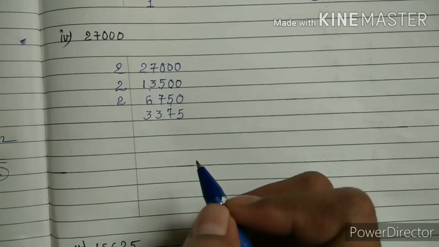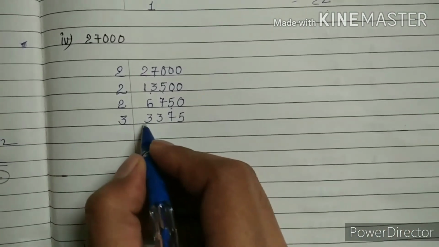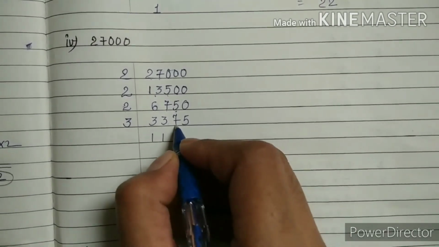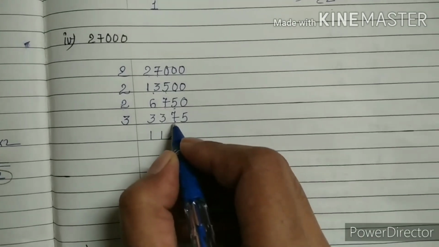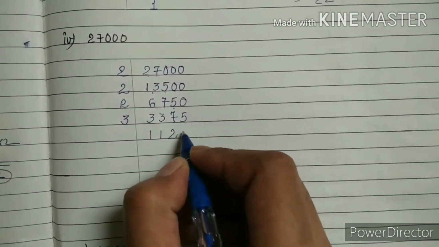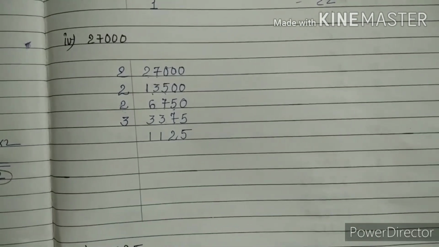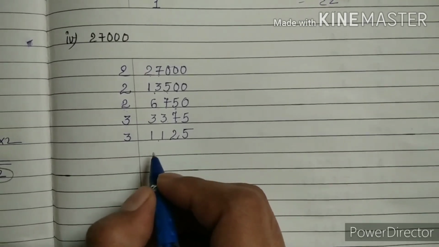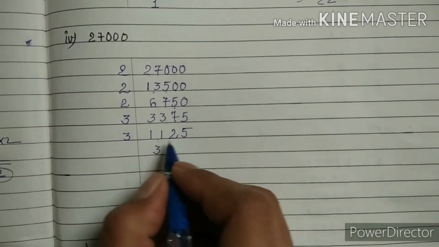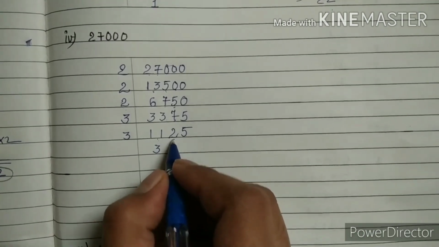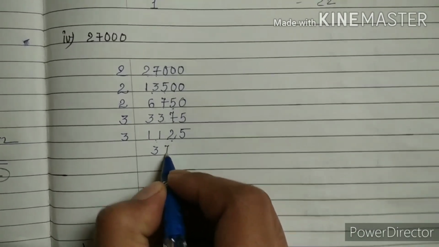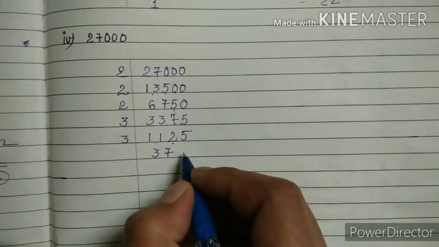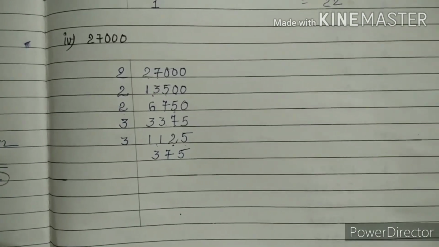It will go 5 times. Now from the table of 3, 3 comes 1 time, 7 is not coming, 6 is coming 2 times, and that remaining 1 will go near to 5, so 15 will come 5 times. Now again it will go with the table of 3, 11 is not coming, 9 is coming 3 times, that remaining 2 will go near to 2 and it will become 22. So 21 is coming 7 times, remaining 1 will go near to 5, so it will become 15. 15 is coming 5 times.